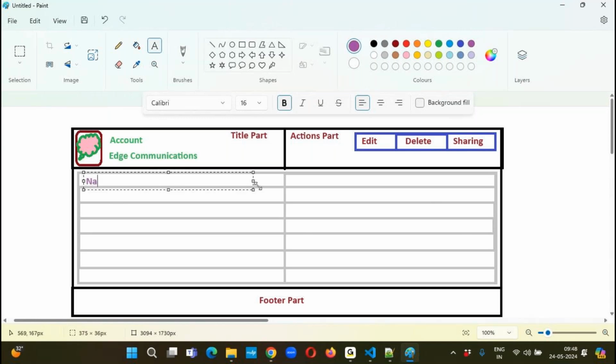like the record name, that means account name, rating value, and the industry name, annual revenue, account type, ownership, account number,